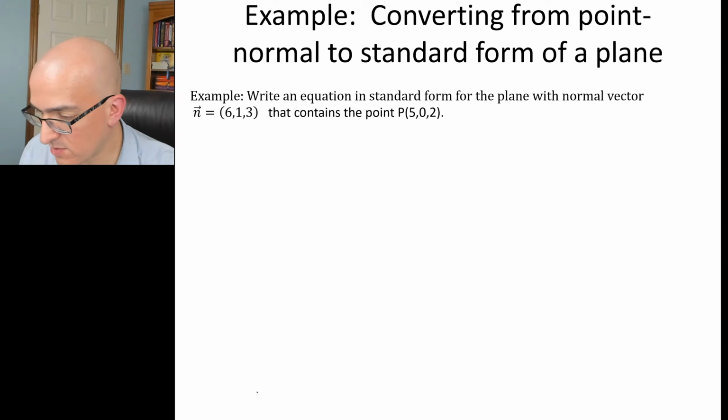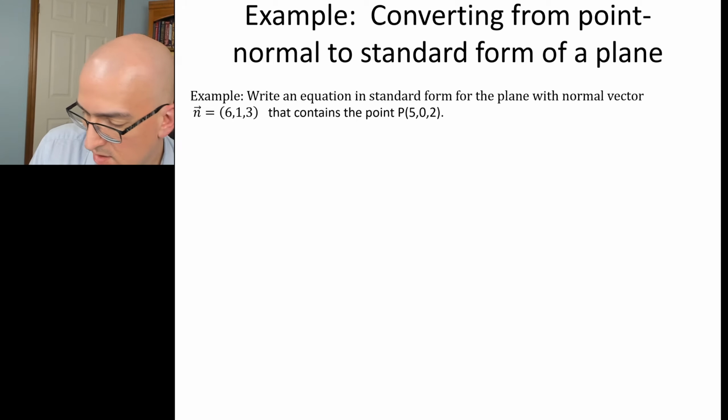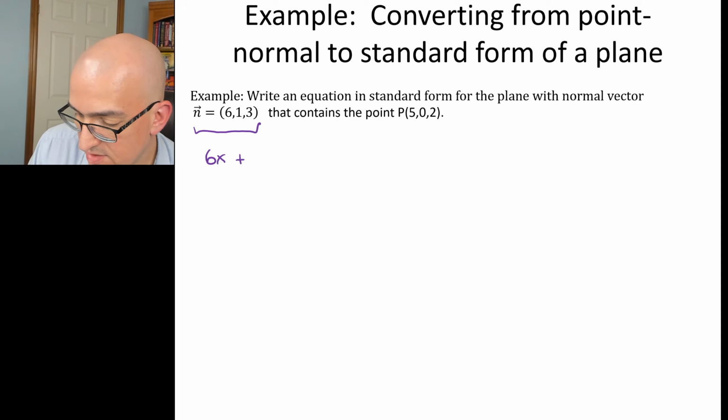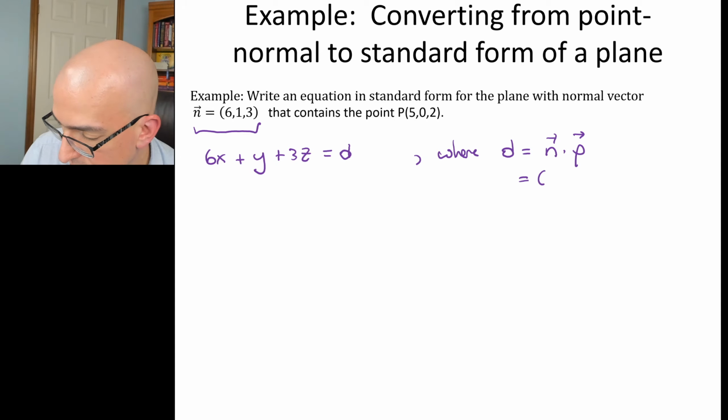So we'll go through an example. Write an equation in standard form for the plane with normal vector n = <6, 1, 3> that contains the point (5, 0, 2). So this n means that we have 6x + 1y + 3z = d, where d equals n dot p, <6, 1, 3> dot